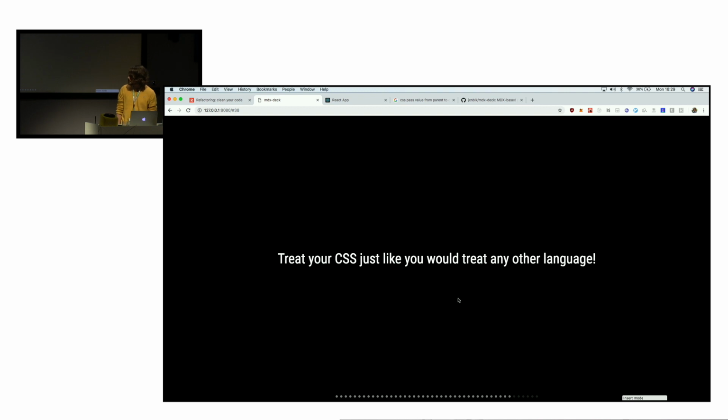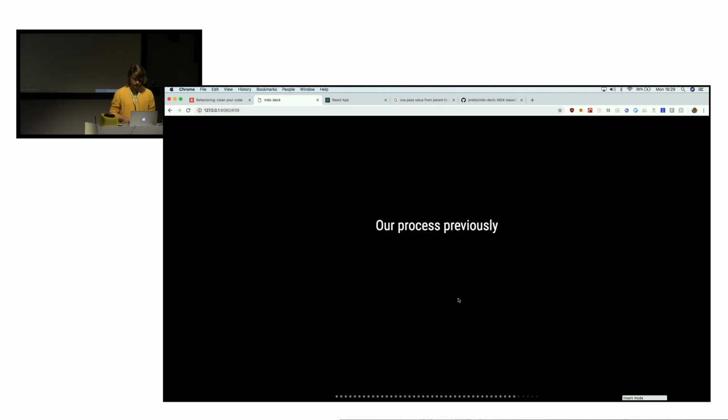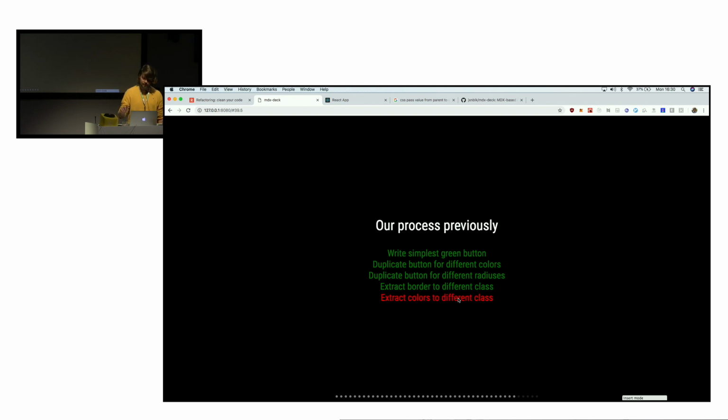I think we should treat our CSS just like we would with any other programming language. And how do we do it with all of the programming languages? Obviously. Our process previously was to write the simplest green button, then duplicate the button for different colors. Everything was working. Duplicate button for different radiuses. Everything was working. Extracting border to different classes, so introduce an abstraction, and then extract color to different class, broke it. We, of course, later applied the fix. So